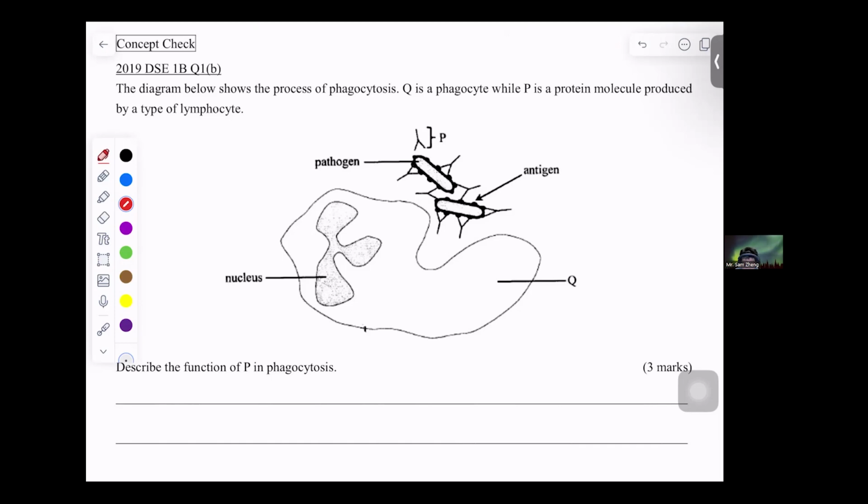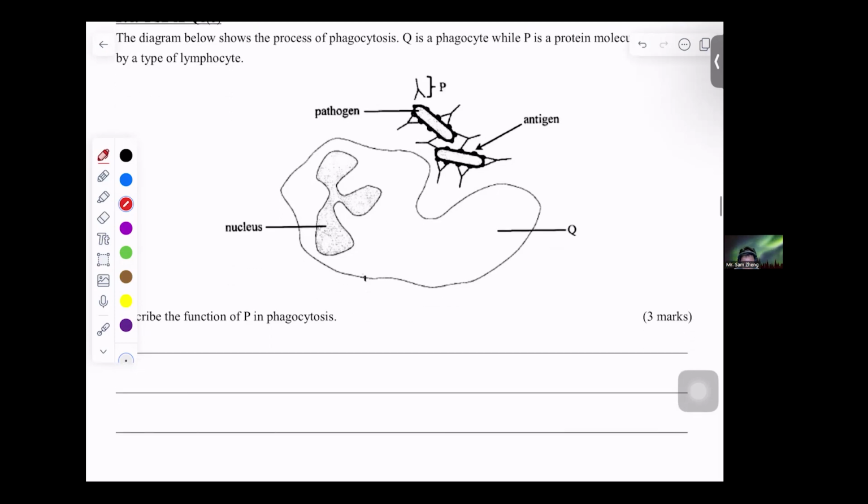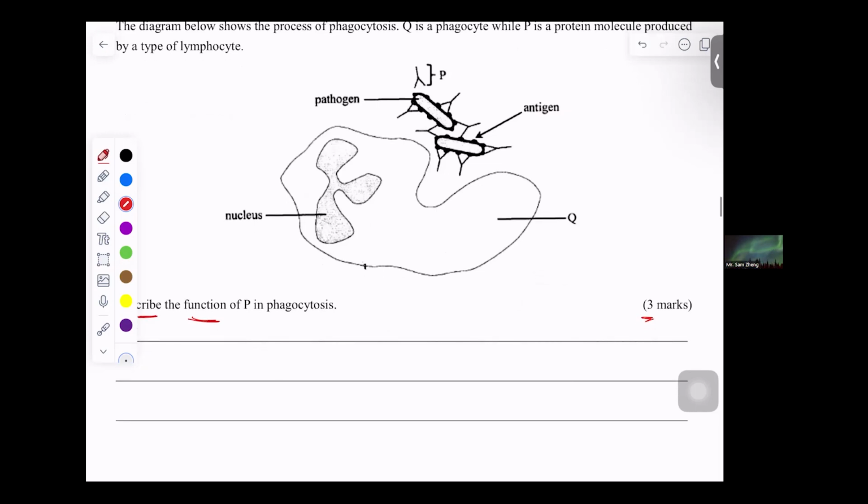Okay, 3 marks, and it means descriptions about the function. So the first thing we need to mention is what is P. P is,